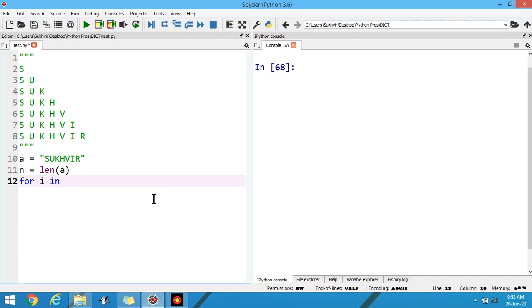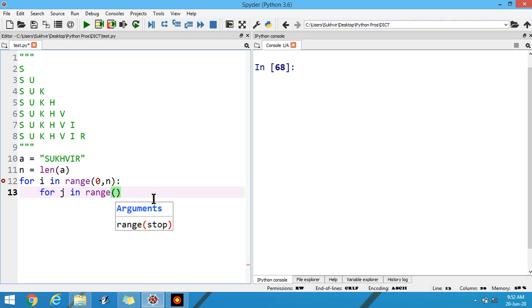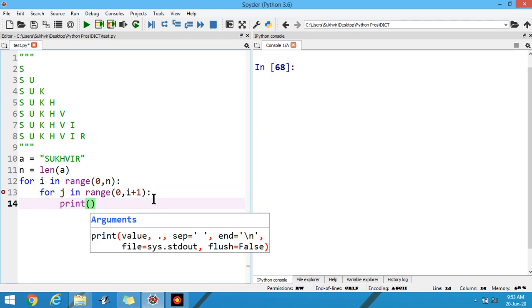For i in range 0 to n, then for j in range 0 to i plus 1, then print a[j], then end equals double quote.